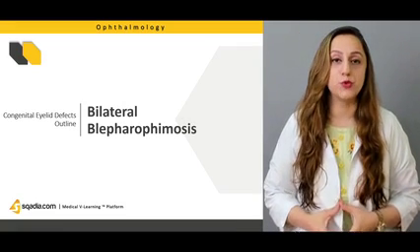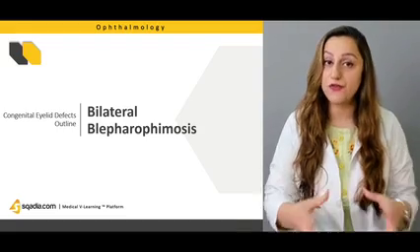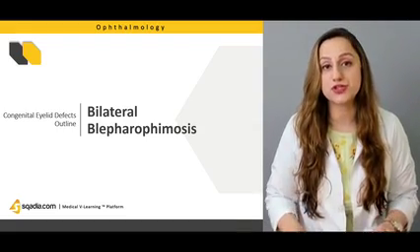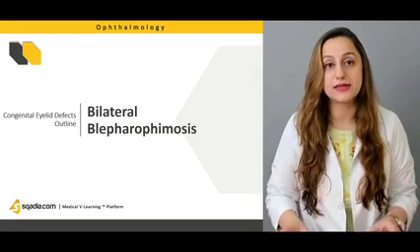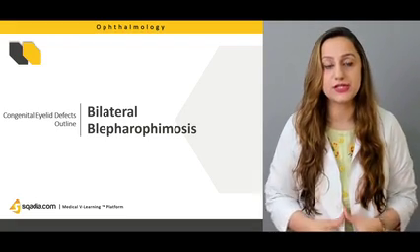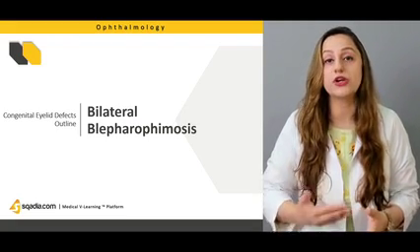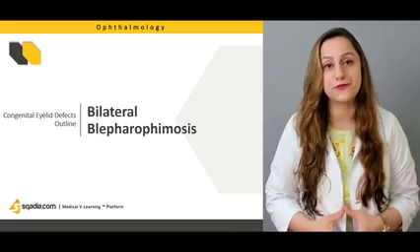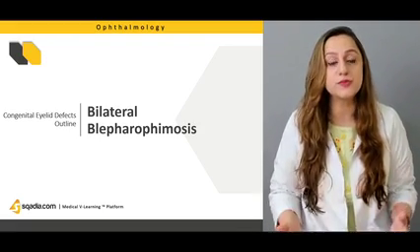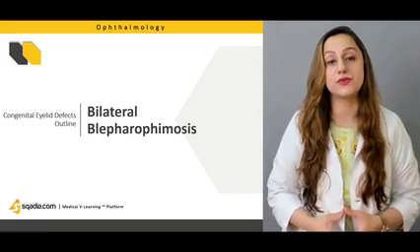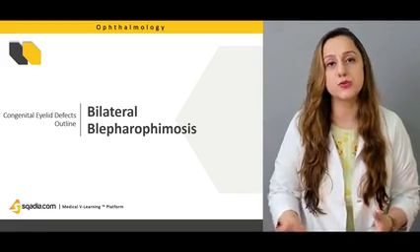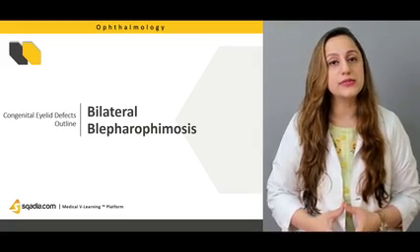Bilateral blepharophimosis is basically when the palpebral fissure is narrowed down. That is the definition related to this condition, and we'll be dealing with the conditions that are directly or indirectly related to this blepharophimosis. Whenever we say there is a bilateral blepharophimosis syndrome, it's usually associated with other features, and that will be discussed here.